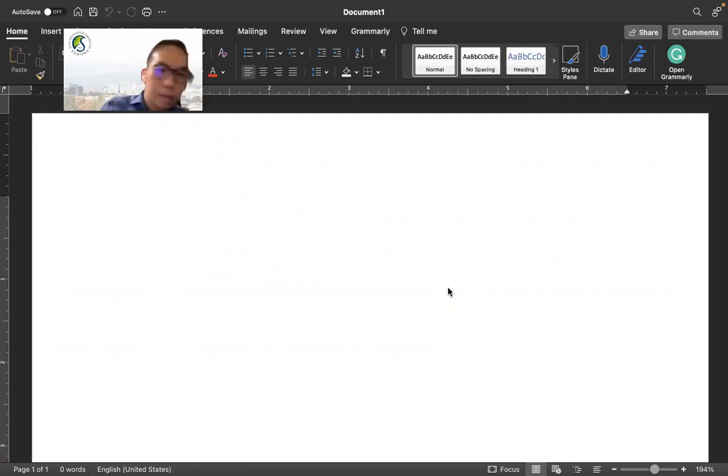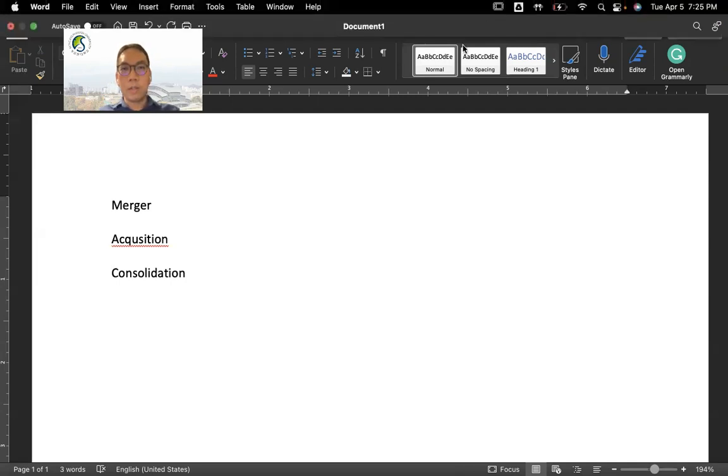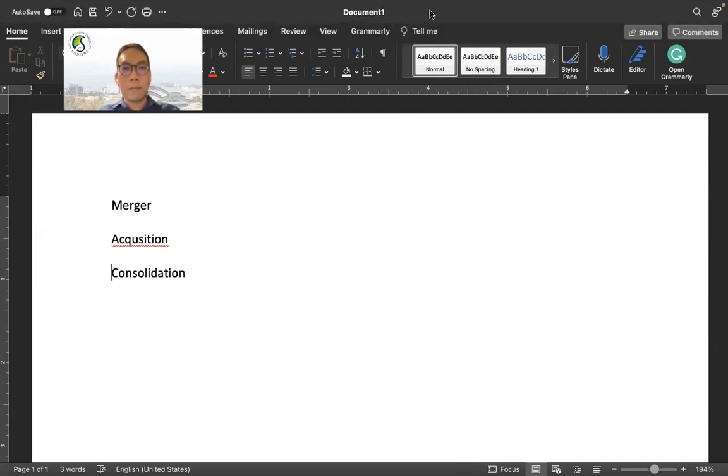Okay, so we have the merger and acquisition. Actually, we have another term called consolidation. In the context of business law, they are not exactly the same, but of course for international business strategy, we don't really differentiate them. For example, merger means you merge with another company. So if you have firm A and firm B, and A and B merge, it means that there's one surviving entity,